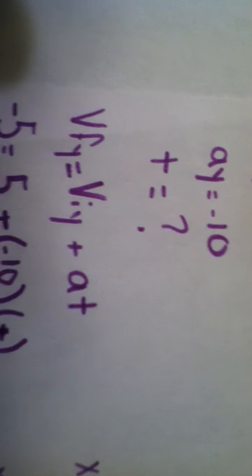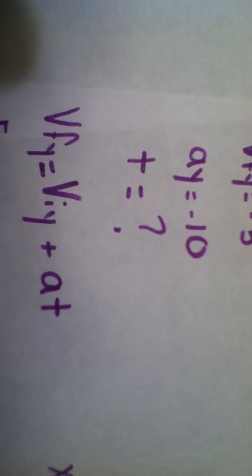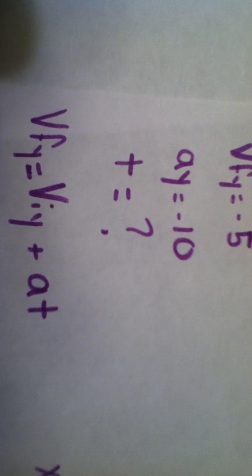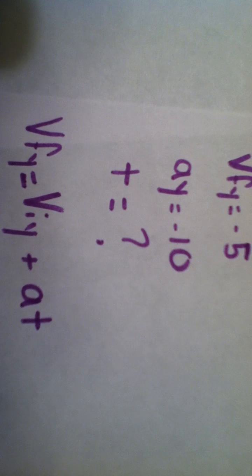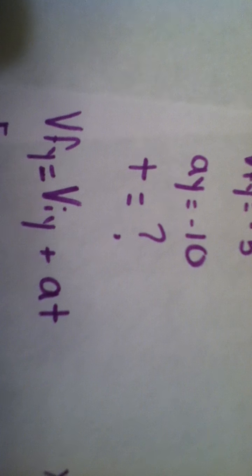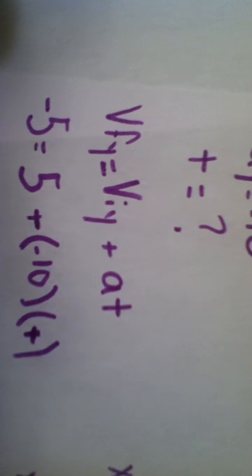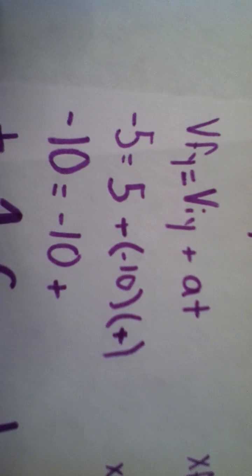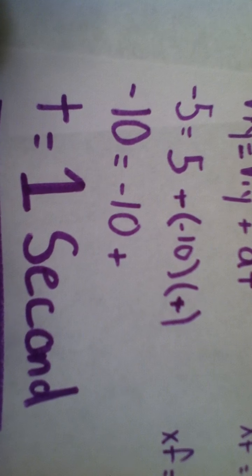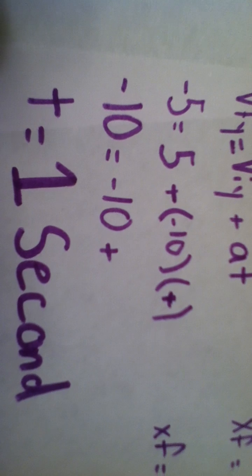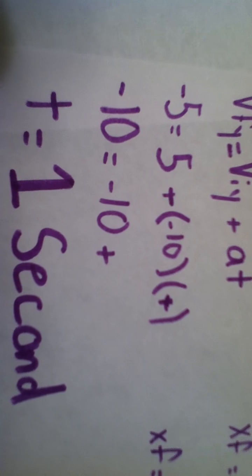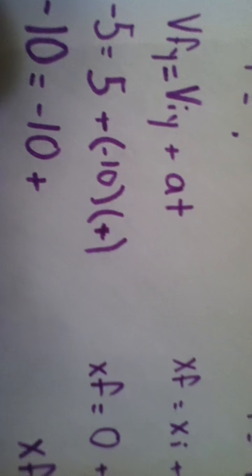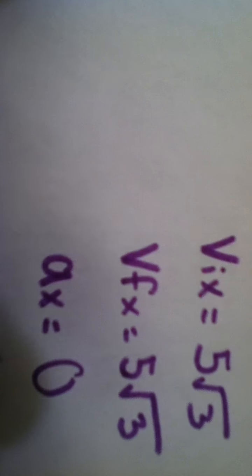So for this, we're going to use a physics equation where the final velocity in the y equals the initial velocity plus the acceleration times the time. The equation is shown here, and I plug in the values here. You simplify the equation, and you end up getting t equals 1 second. So the time it takes for the ball to travel this distance is 1 second. We know that the time is going to be equal for both the x and the y